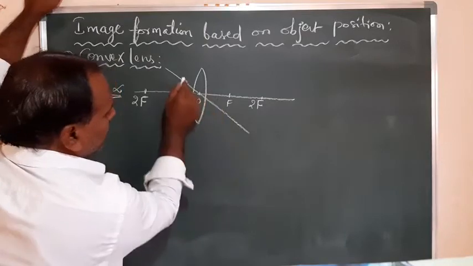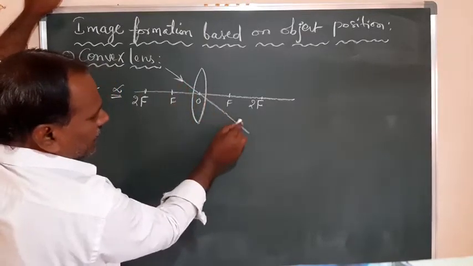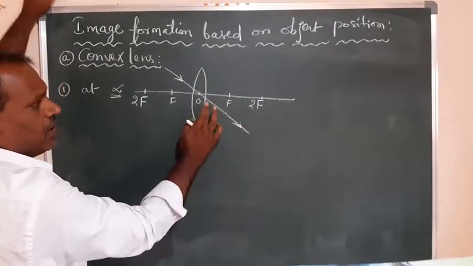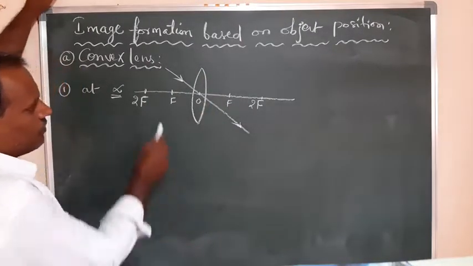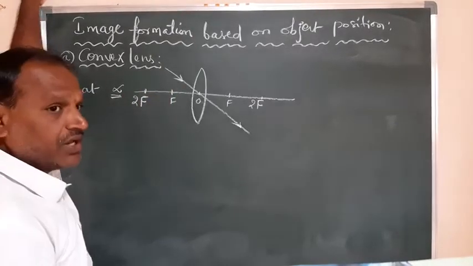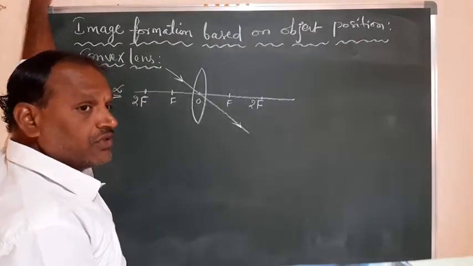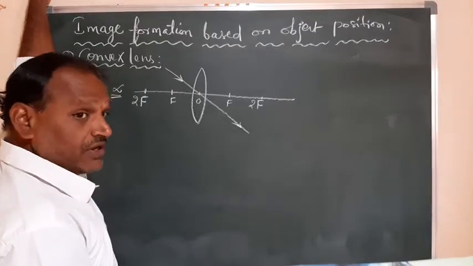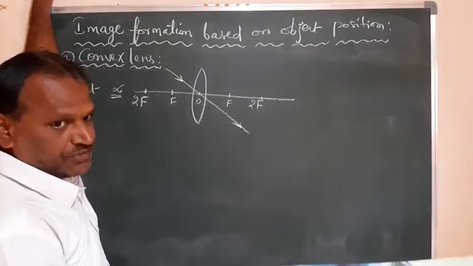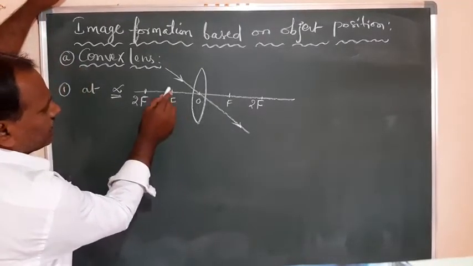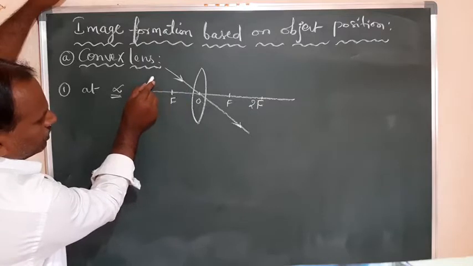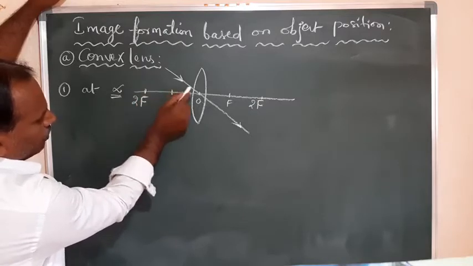So this is a ray, let it be coming from infinity, and it goes like this without any deviation, passing through the optic center. I will draw one more ray, again coming from infinity, parallel to this. Always remember that when the object is at infinity, or at a long distance, the rays of light coming from it are parallel to each other. So I am representing it like this. A ray of light I draw parallel to this, and it passes through the focus.